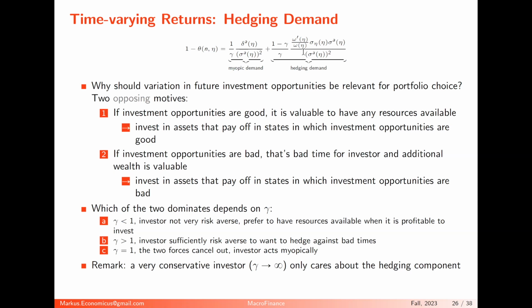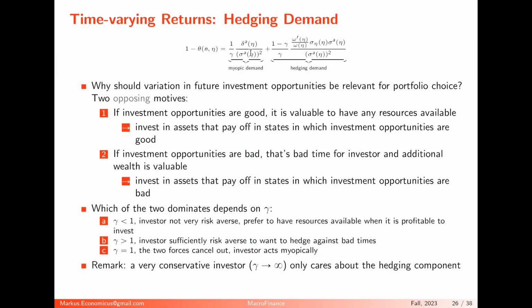Exactly, this term is zero: the volatility sigma eta is zero, and so this whole thing is also zero. This was our previous case. The investment opportunity is not moving, and if gamma is 1, this term also goes away. But if the investment opportunity is moving and gamma is 1, then I can treat it as a myopic demand